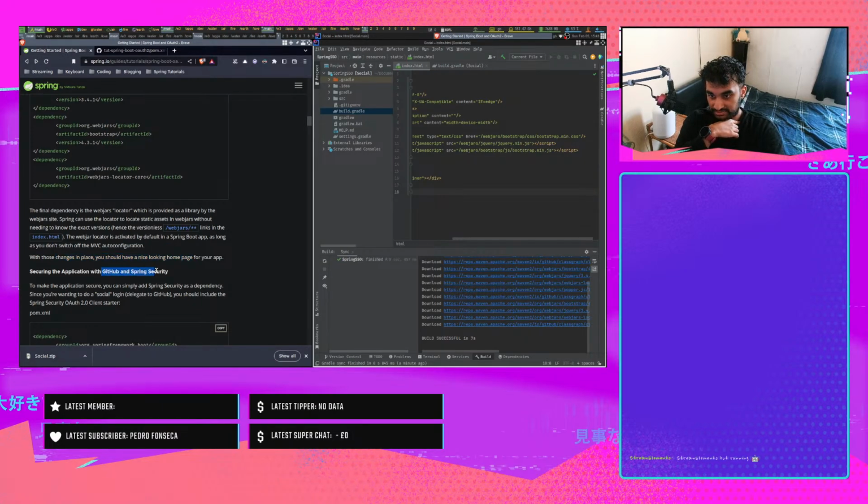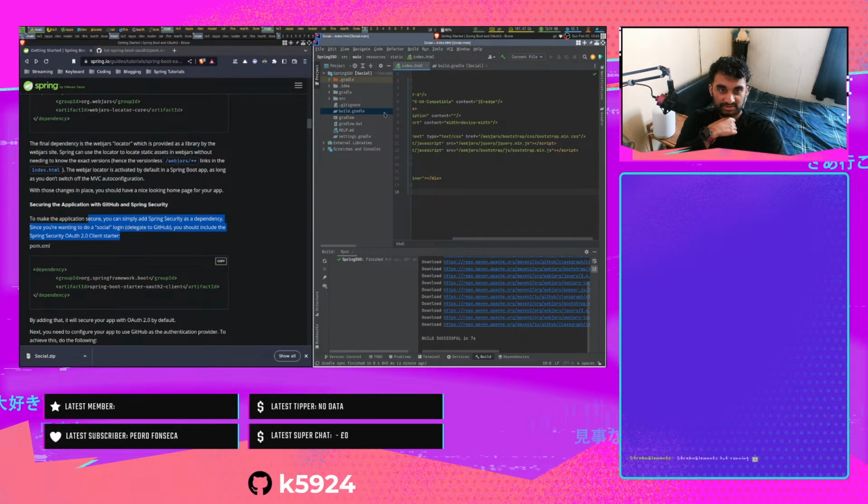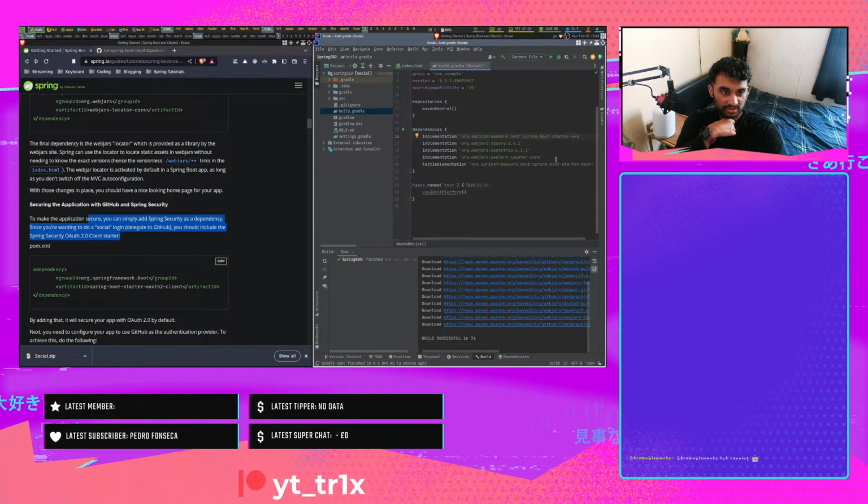Secure the application with GitHub and Spring Security. To make the application secure, you can simply add the Spring Security as a dependency. Since you're wanting to do a social login delegate to GitHub, you should include the Spring Security OAuth 2.0 client starter. So inside my Gradle, again, I need an implementation